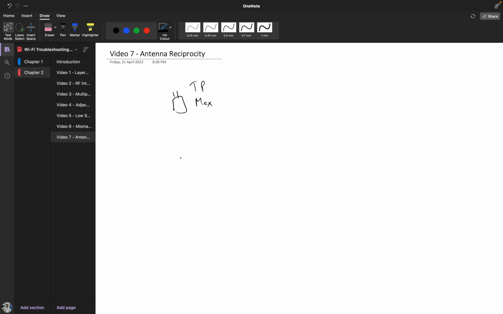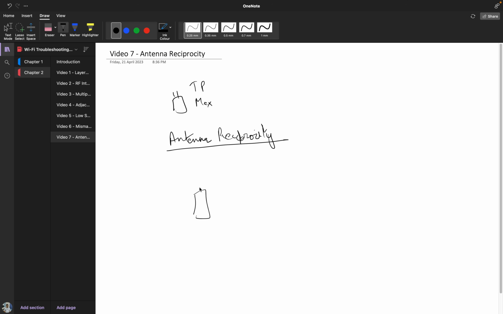But what most people don't realize when they deploy a network is the concept of antenna reciprocity. If they knew, then they would probably use this, and that will really help them solve the issue of mismatched power. So antenna reciprocity, sorry, my pen tablet is misbehaving a little. Anyway, so what this means is if you put on an AP a high gain antenna, okay,